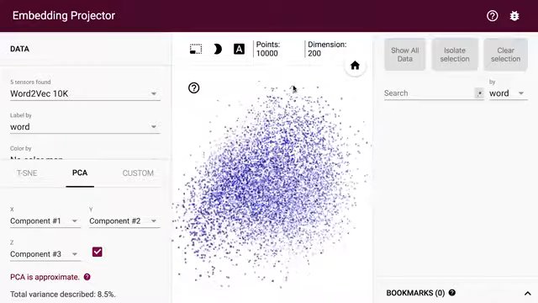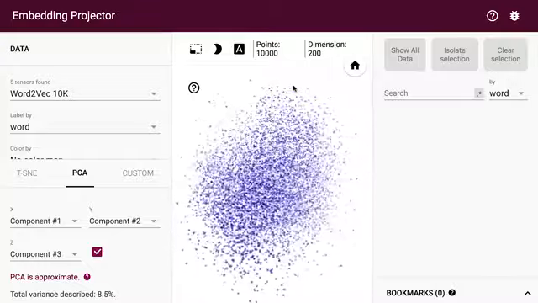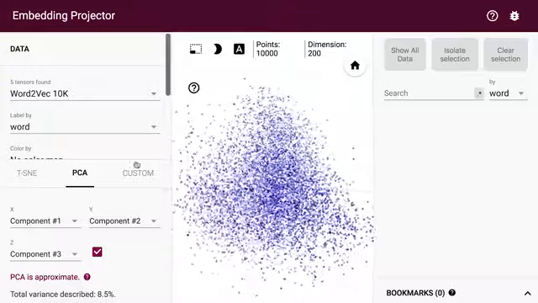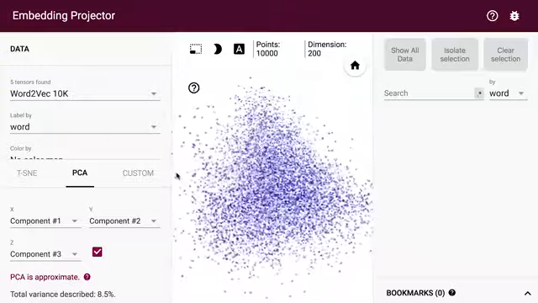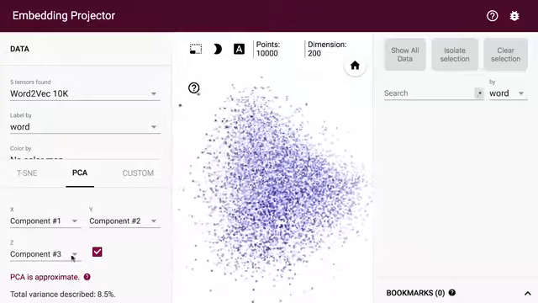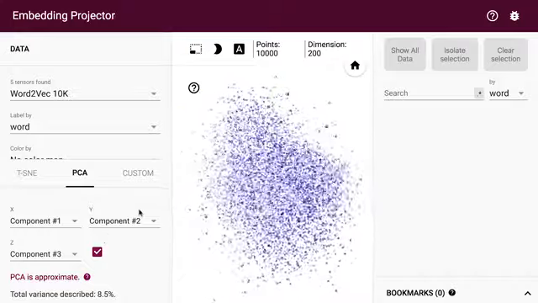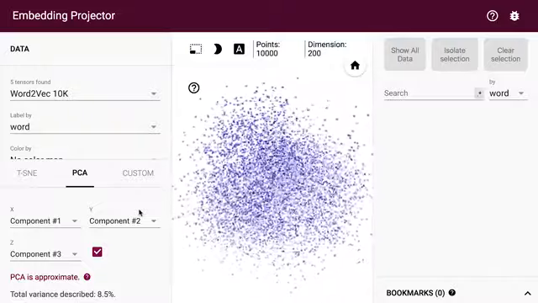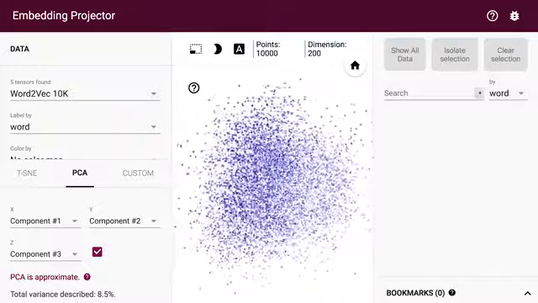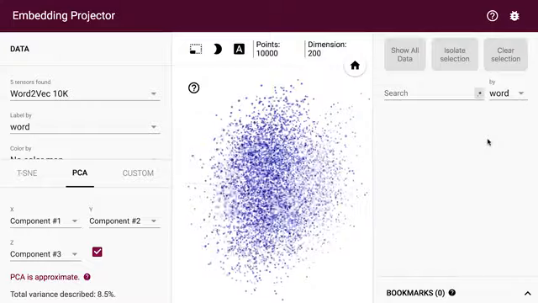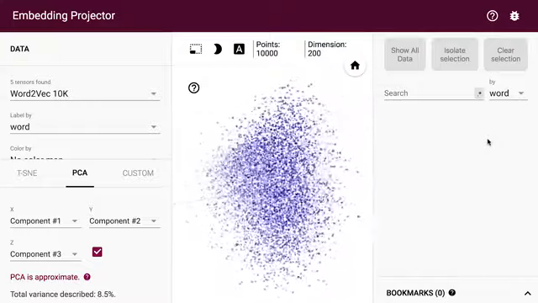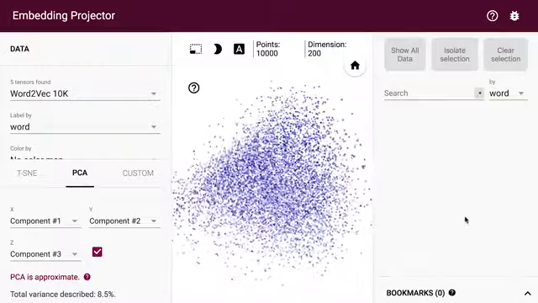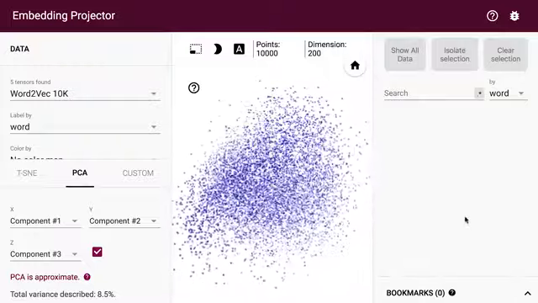This is the Embedding Projector. The Embedding Projector has 4 panels. The Data panel on the top left, where you can choose the data set to examine. The Projections panel on the bottom left, which can be used among other things to define how to orient the visualization. The Inspector panel on the top right, where you can search for particular points, in this case words, and see a list of nearest neighbors. The Bookmarks panel on the bottom right displays saved sets of parameters for the tool.